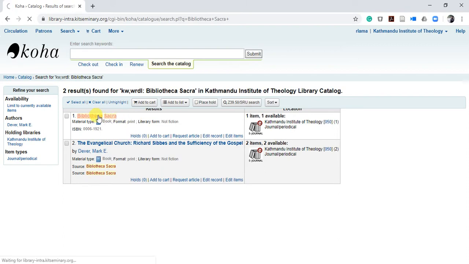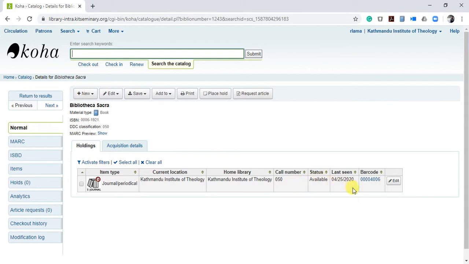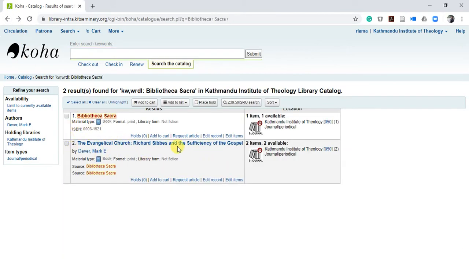So here you can see I have one article already here, and Bibliotheca Sacra has got its own item. If I click here, I can see the barcode is 0000406. Okay, so this is my journal host item, and if I go back, here you can see my article, the Evangelical Church.